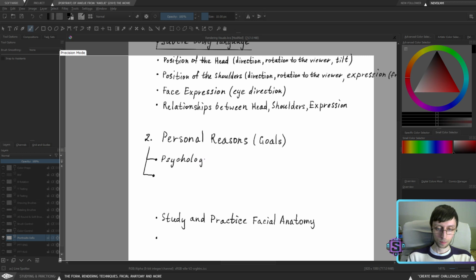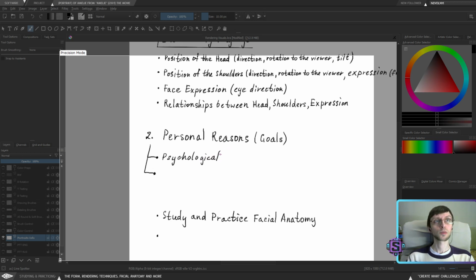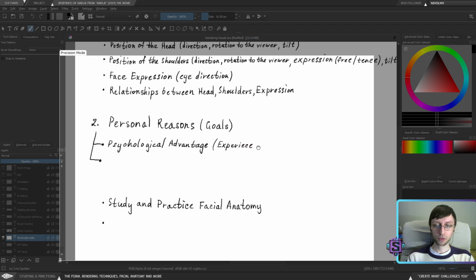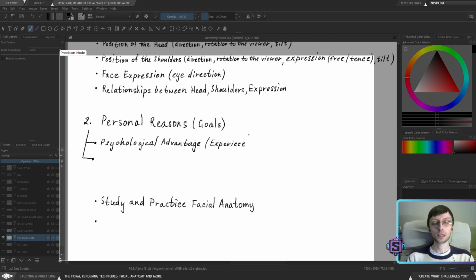Psychological advantage. Usually you need to seek psychological advantage in experience. So what type of experience are you going to gain from it?